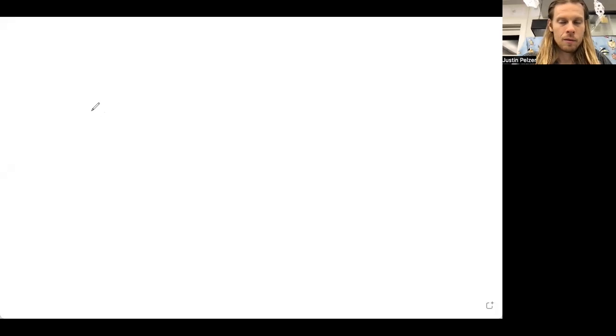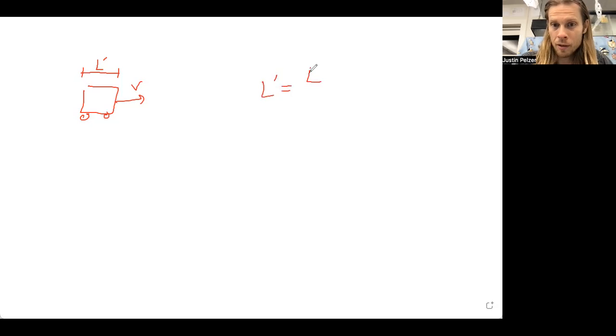Well, friends, here's a video on what we're doing today in class. In general, it's on length contraction. If an object is moving at a speed v, it appears to shrink. So its length from an outside perspective we call L prime. And L prime equals its normal length in its own rest frame